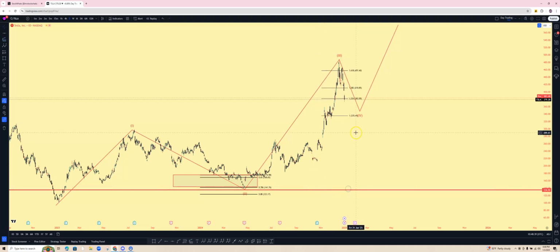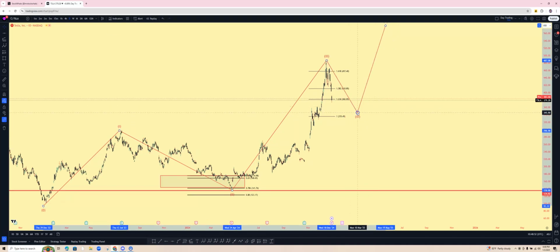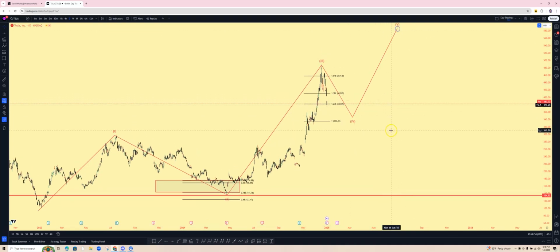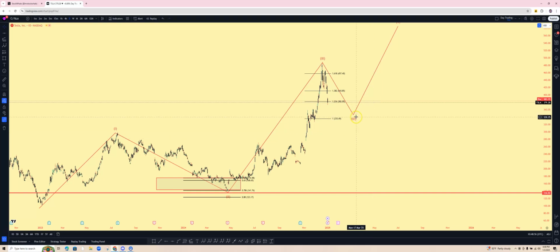And look at that, guys. You can't get more textbook than that. We're at the 1.618. People sold right there. That's beautiful. That's a wave three. Now we're retracing for a wave four. Typically, because wave two retraced pretty deep to 786,